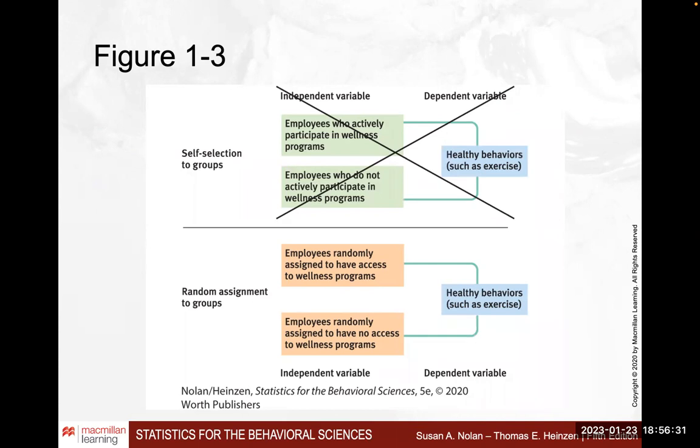We have a corporation which is concerned about the health behaviors of its employees, and they want to create a wellness program. So they are not randomizing, they are assigning people, and they allow for self-selection of people into groups that have access to a wellness program and that do not have access to a wellness program. If they are self-selecting,